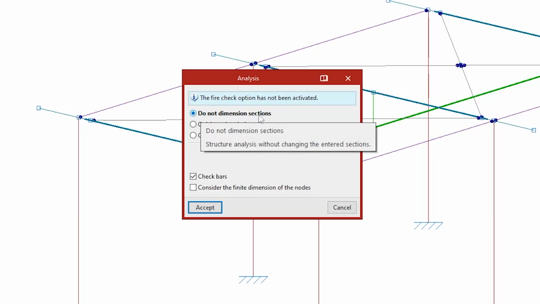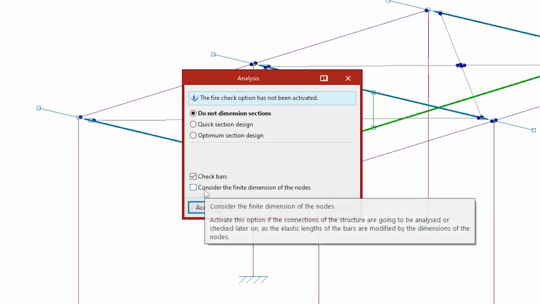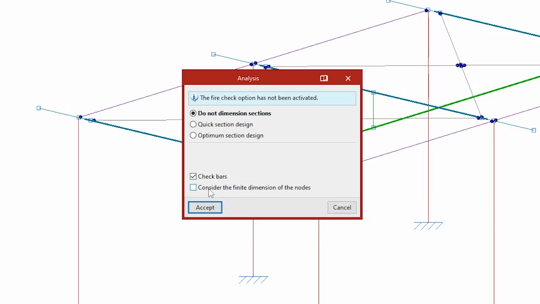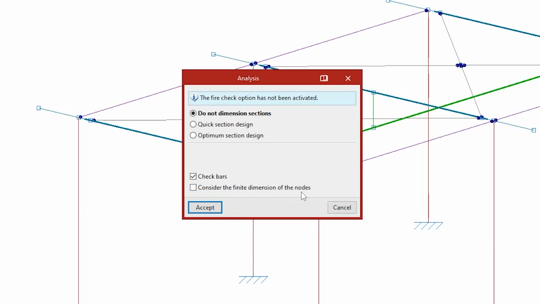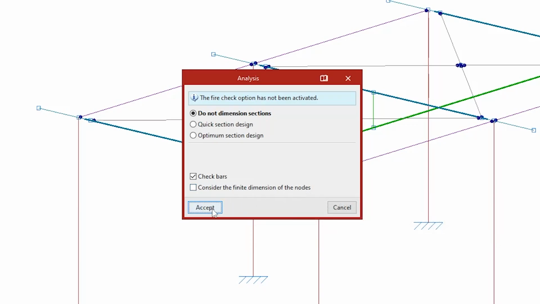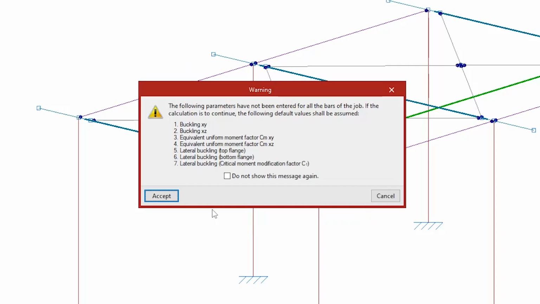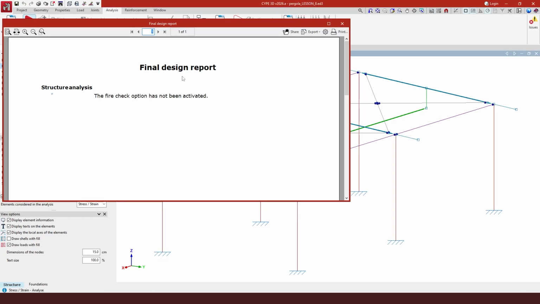Do not dimension sections. We're going to ask for the check of the parts, and in this case, since we haven't generated the joints yet, we are not going to consider in this analysis, as I said, yet the finite dimension of the nodes. I will make sure I point this out in the video where we speak about the generation of the joints. So we're just going to click accept, and in a few seconds we will have the final